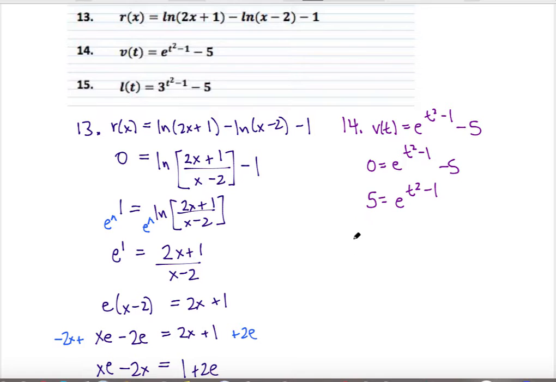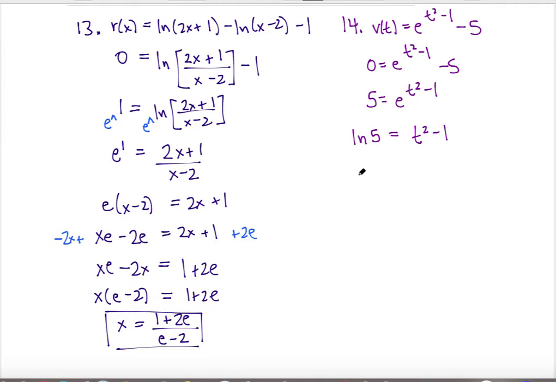Now I need to get rid of this exponential, so I'm going to go ahead and take the natural log of both sides. So I would have natural log of 5 on the left-hand side, and on the right-hand side my ln of e goes away, and I'm left with just t squared minus 1. So now it just becomes a simple thing of finding a value for t, or solving for t. So I'm going to go ahead and add 1 to both sides, so I have ln of 5 plus 1